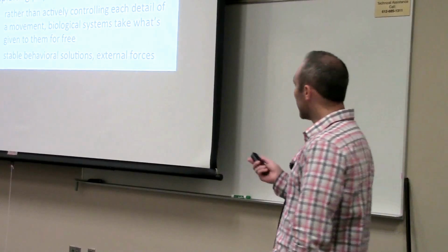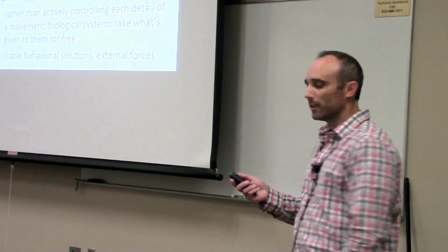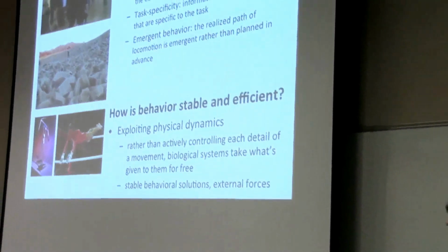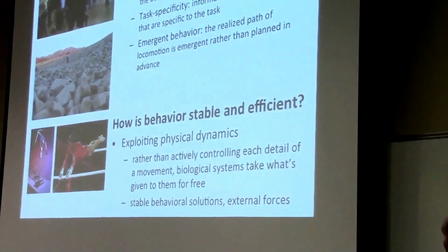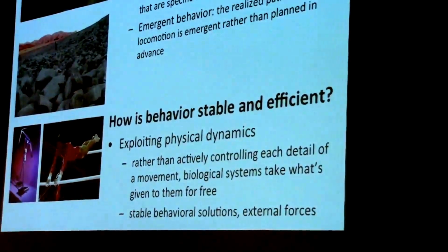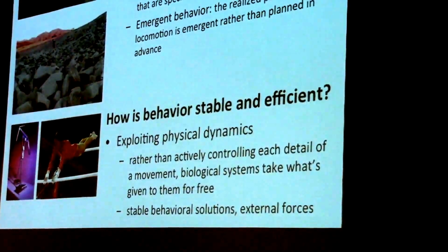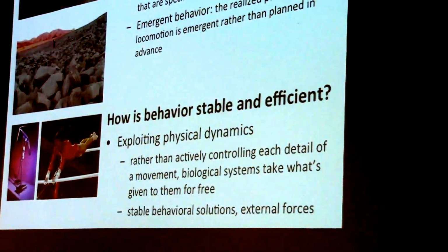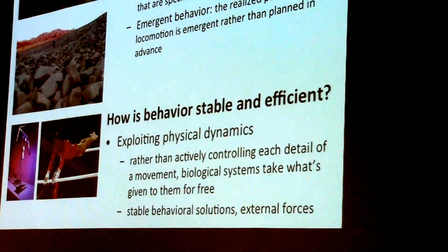But behavior is not only adaptive, right? It's also stable and energetically efficient. And an emerging view in motor control and in many areas of robotics these days is that this stability and efficiency can be achieved by exploiting the physical dynamics of the body and the environment. So this has some pretty major implications for our understanding of the nature of the control problem that biological systems